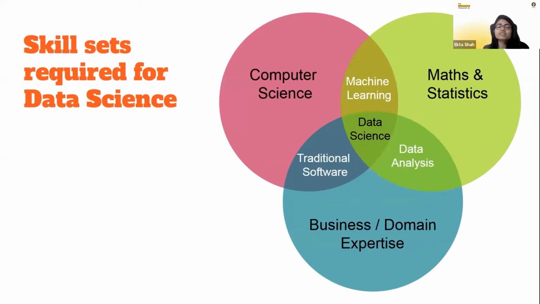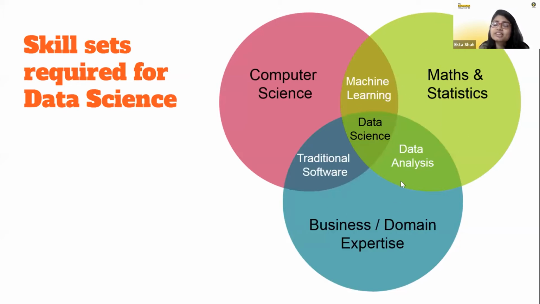So computer science is something that people talk about and learn about as a part of their engineering or bachelor's course, or even during your BSc and other courses, where you have some exposure to computer science. Maths and statistics is very common. I think we are learning that from our childhood. So your childhood maths till your 10th standard maths, and then comes your derivatives, calculus, and linear algebra, and all your matrices and all of that. So your 12th standard maths is usually sufficient. That is what you require in your maths and statistics section.